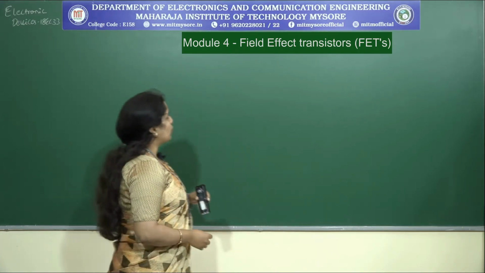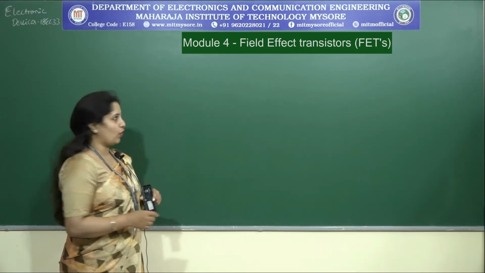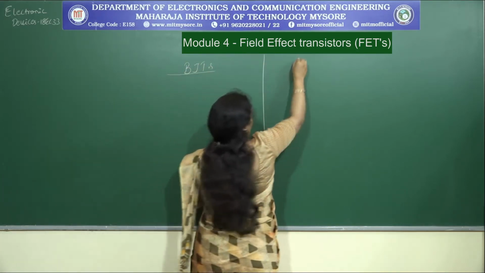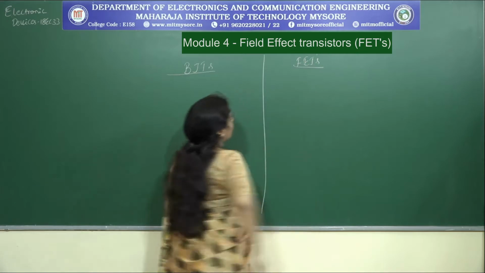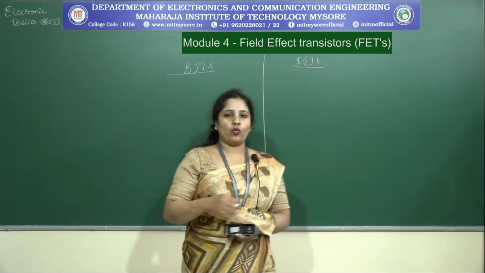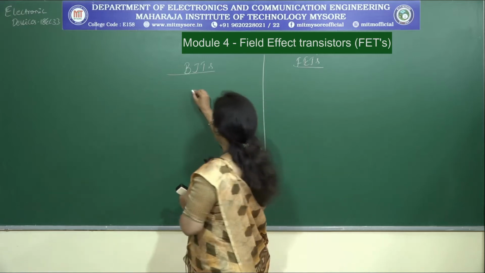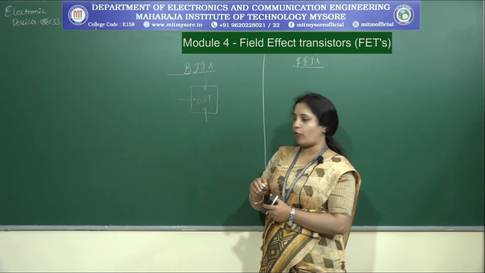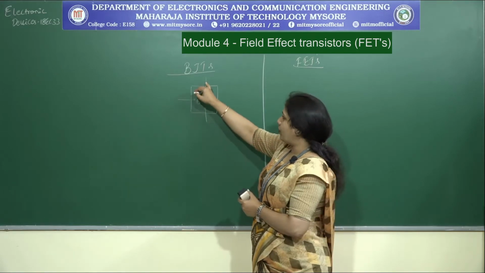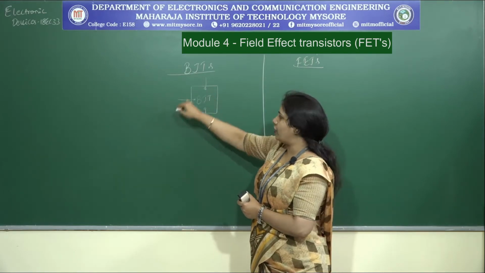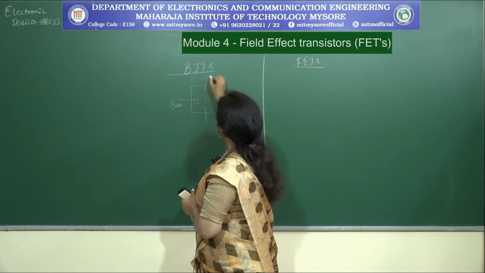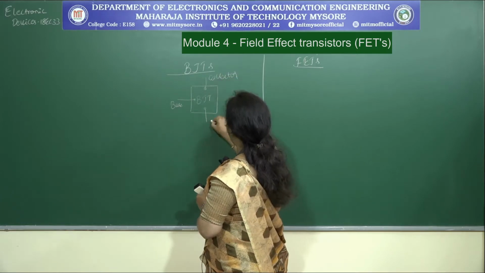So first let me try to compare the BJTs and the FETs which you've already studied. Now, as you have already known, what is a BJT basically made up of? It is a 3-terminal device. Let me consider this to be a BJT. Let me not represent the symbol; instead, I'll put a box and mention it as BJT. So how many terminals do we have for a BJT? We have 3 terminals. What are the 3 terminals referred to as? You know that it is the base, the collector and the emitter.